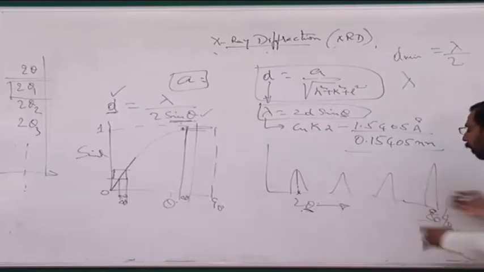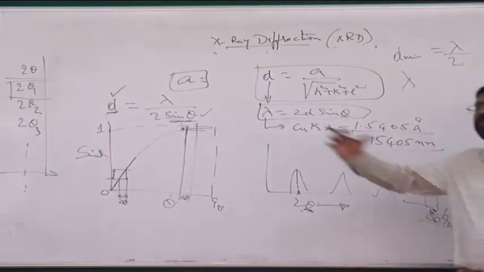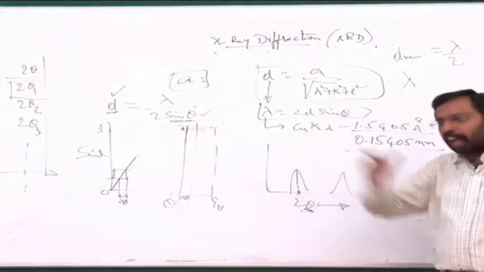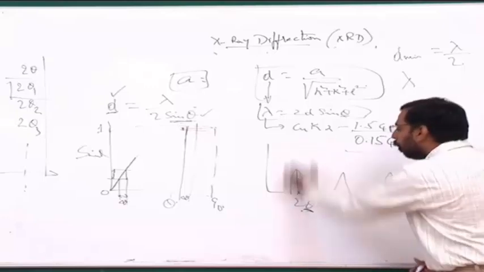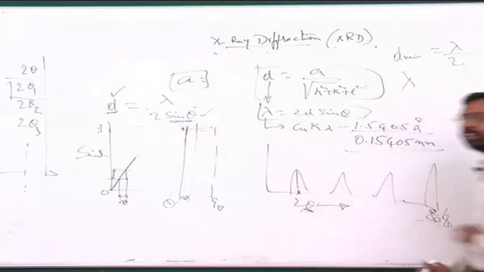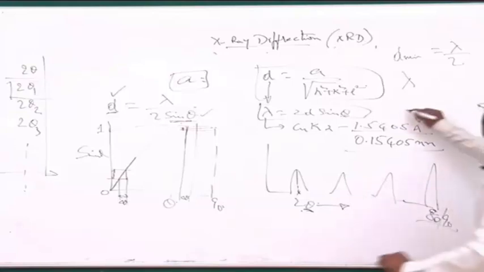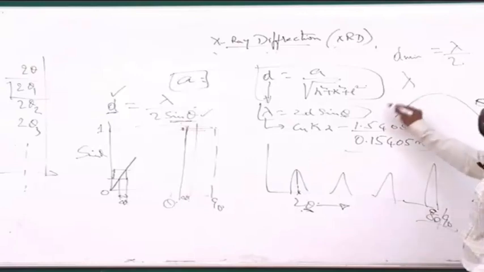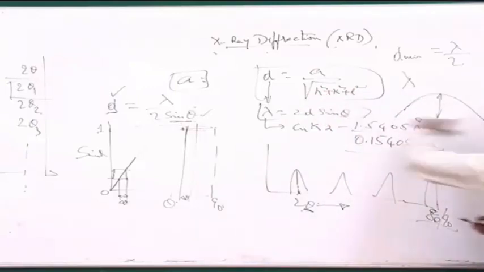Sometimes if you have a large background noise, you will not be able to see the high angle peaks. Particularly if you are taking a nanomaterial. Nanomaterials problem is, there is a lot of peak broadening, and the peak broadening is larger and larger with higher angle peaks. As a result, you would see the low index planes very easily, but high index planes, their intensity is so small. They are so broad, because of which the height is very small, and this height may even merge into the